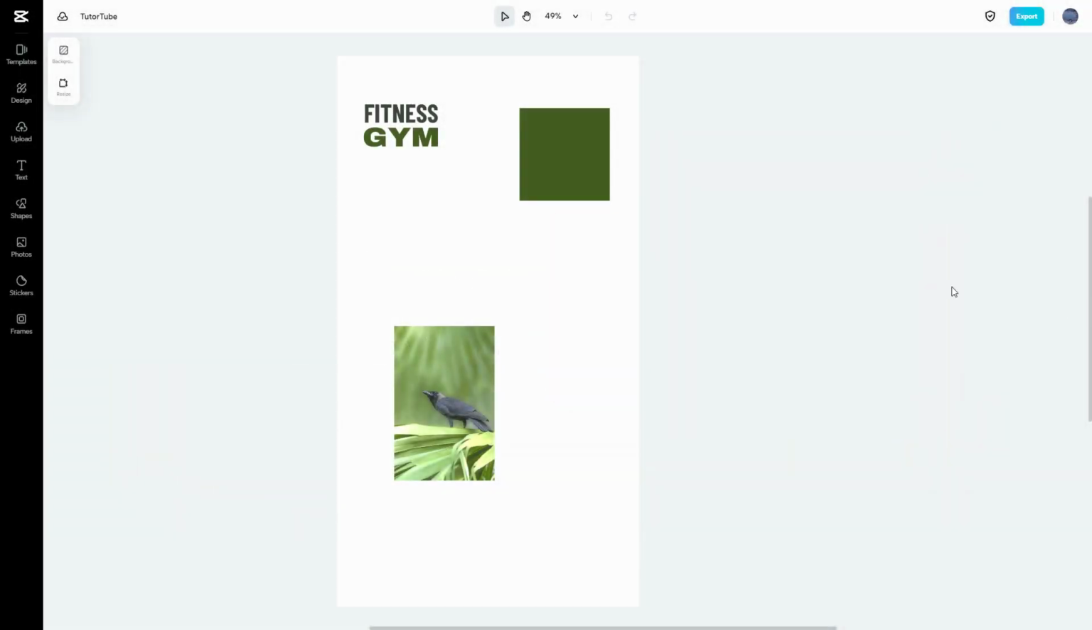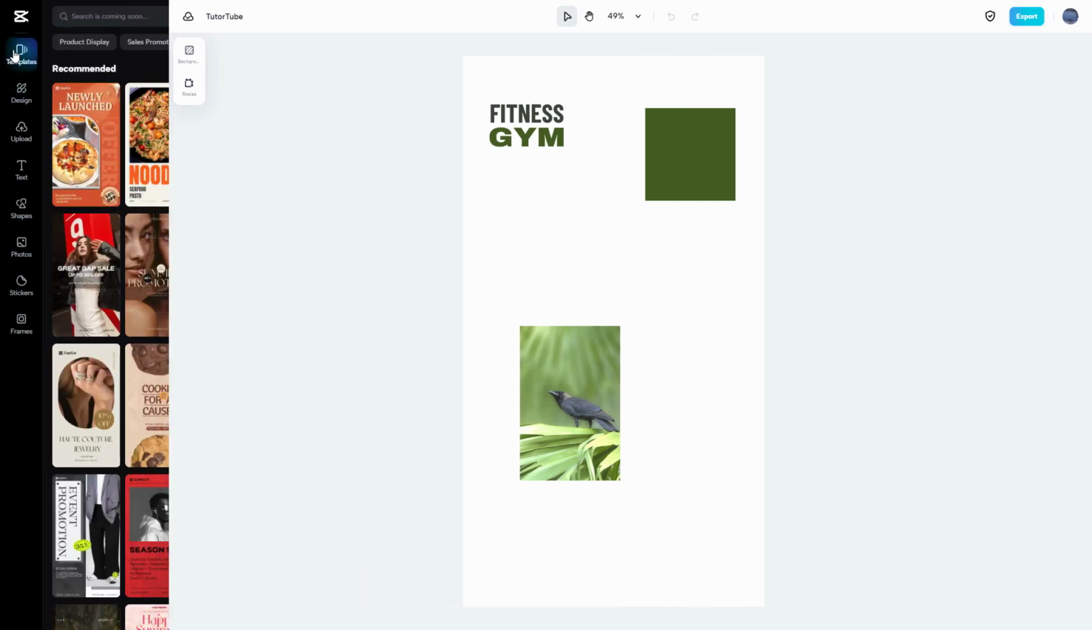So over here you can see that I have a design project, and let's say what I want to do is I want to save out some time. So I want to utilize some templates. So over here, to utilize templates in the image editor, over here on the left hand side, simply click on